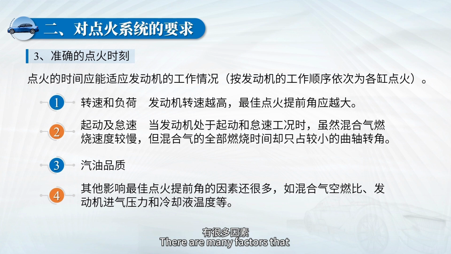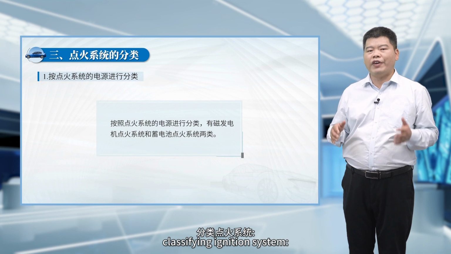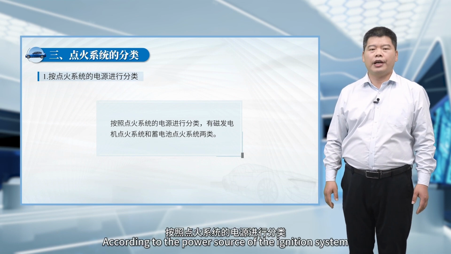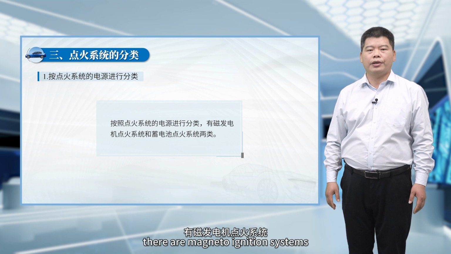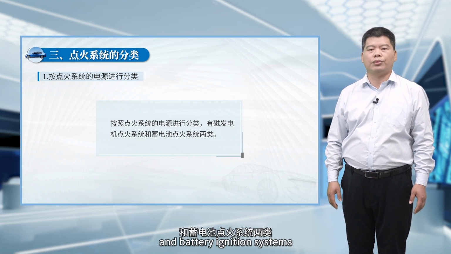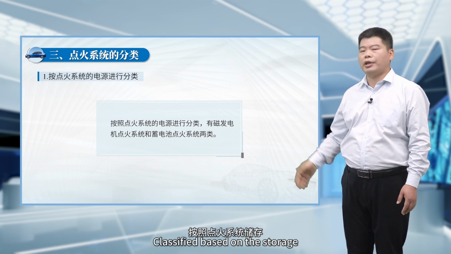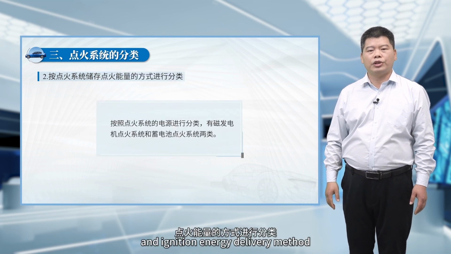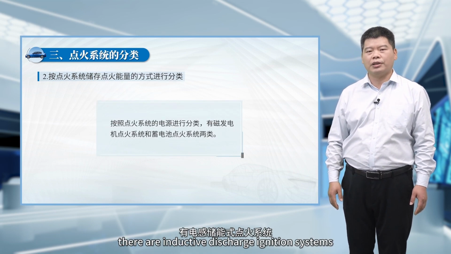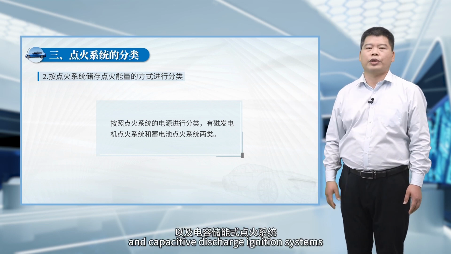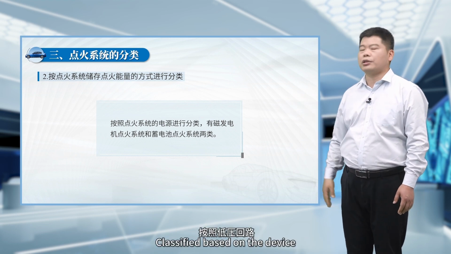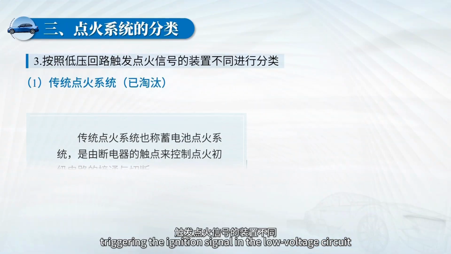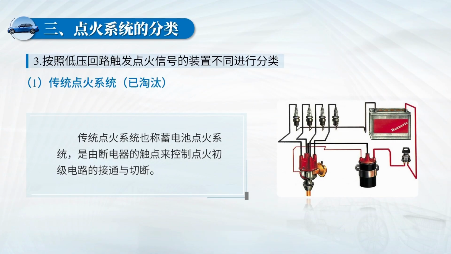There are many factors that affect the optimal ignition advance angle, such as the air-fuel ratio of the mixture, engine intake pressure, and coolant temperature. There are 3 main methods of classifying the ignition system. 1. According to the power source of the ignition system, there are magneto-ignition systems and battery ignition systems. 2. Classified based on the storage and ignition energy delivery method, there are inductive discharge ignition systems and capacitive discharge ignition systems. 3. Classified based on the device triggering the ignition signal in the low-voltage circuit, there are: